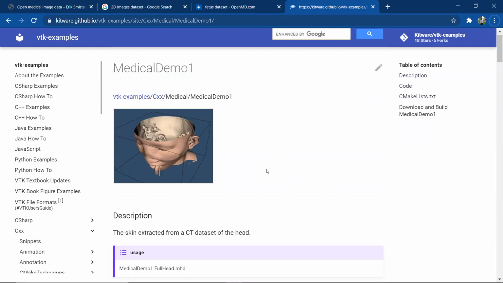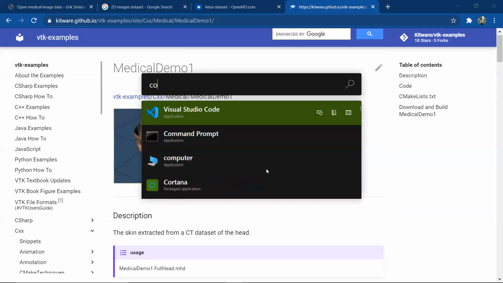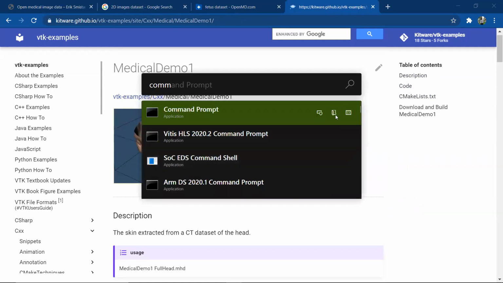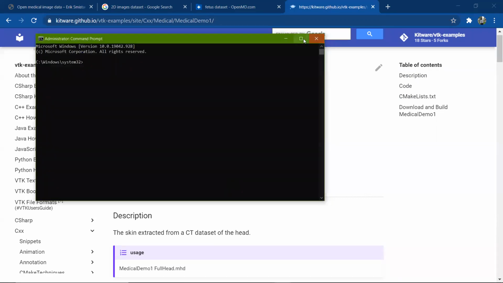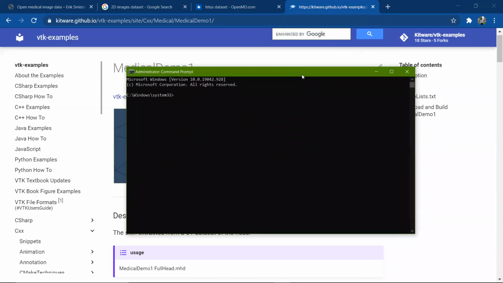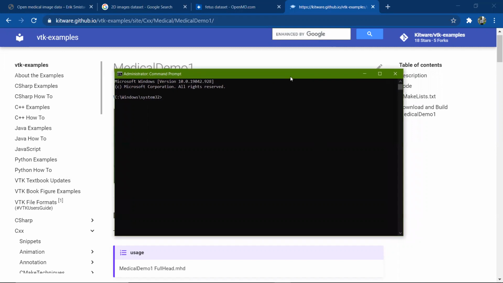For that we'll open a command prompt. Now in this command prompt we'll copy the path of the directory where we want to make our sample project.